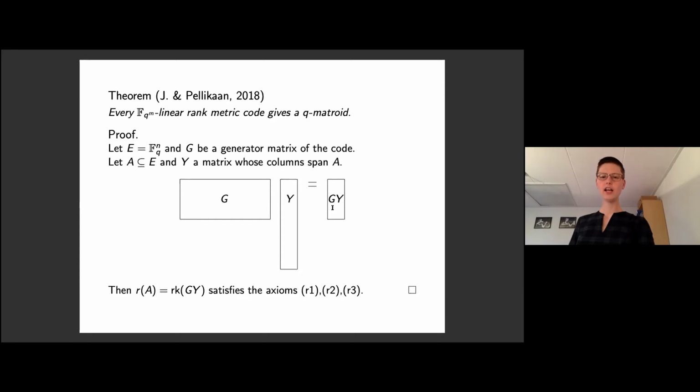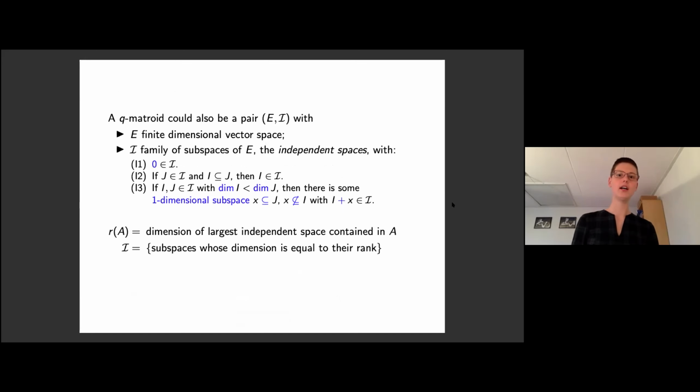So we have now defined our Q-Matroid in terms of a rank function. But of course, one of the pretty things that Matroids have is that you can define them in a lot of different ways, a lot of cryptomorphisms. And finding cryptomorphisms for Q-Matroids is great fun, and I will tell you a bit about why it's fun and not boring. Of course, I could also have started by saying, well, my Q-Matroid, I'm going to define it in